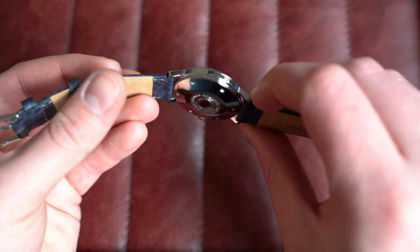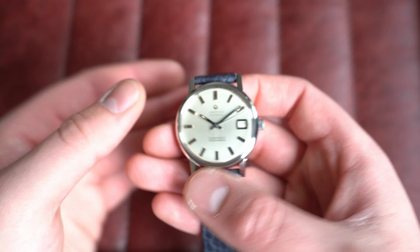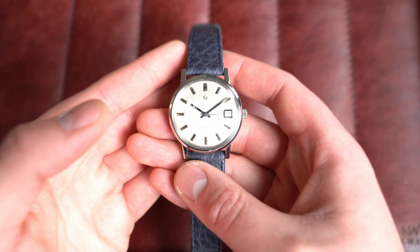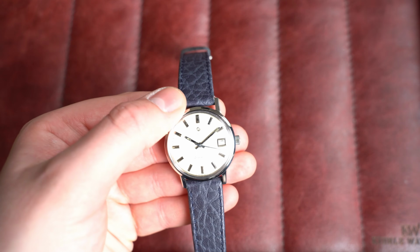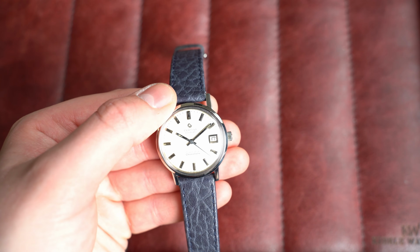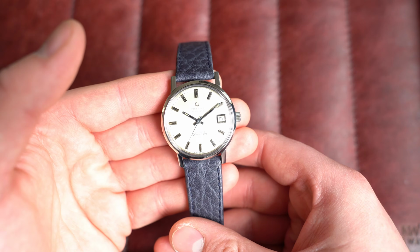Case back, you know, this is just in wonderful condition, and to find a watch like this from this age in this kind of condition just doesn't happen often at all. Now, to get down to the specs and what this is and what's inside and everything like that, we're certainly going to do. So the reference to this beauty is